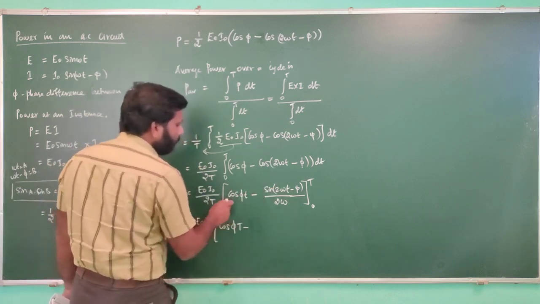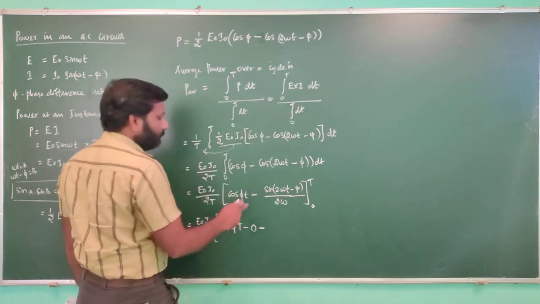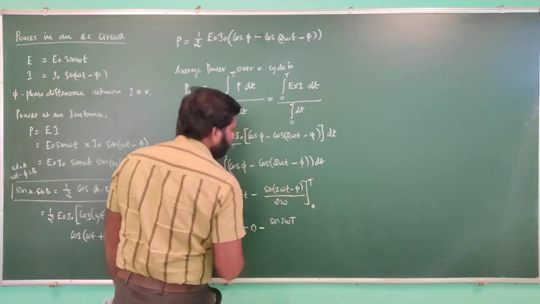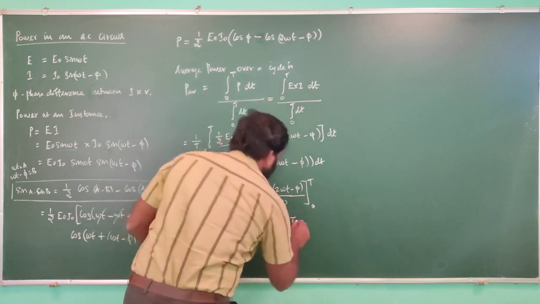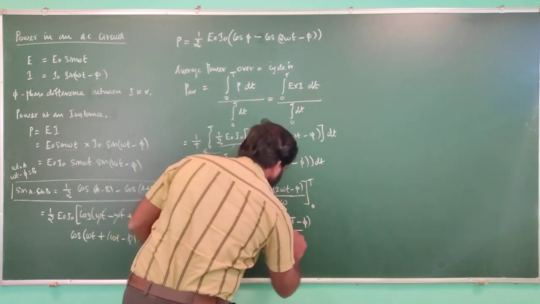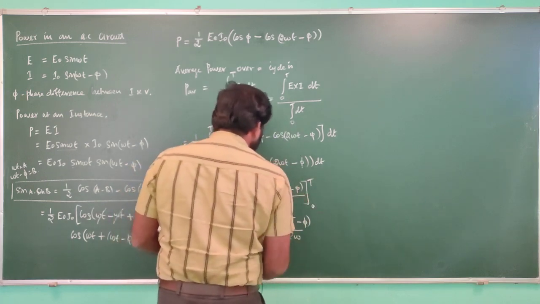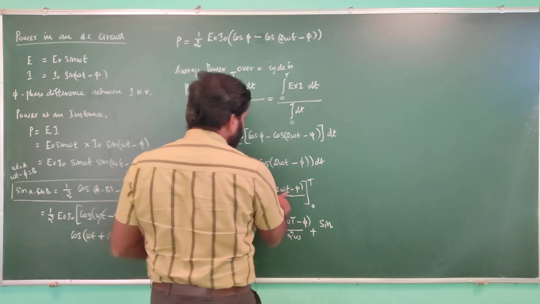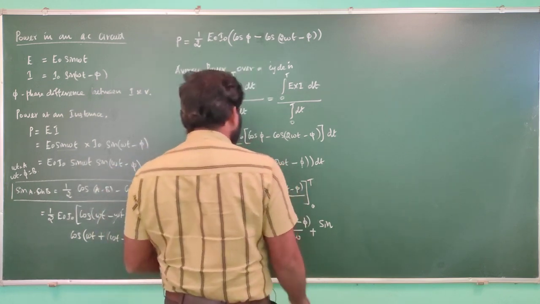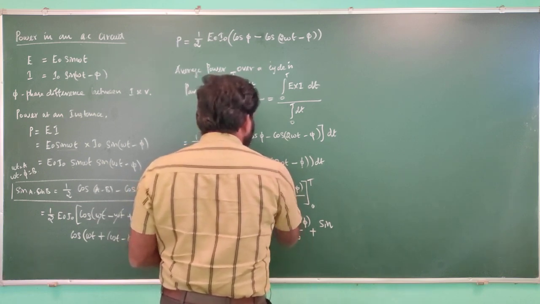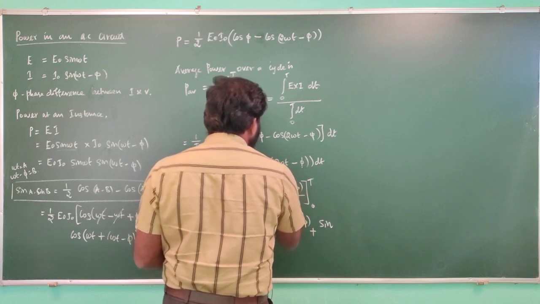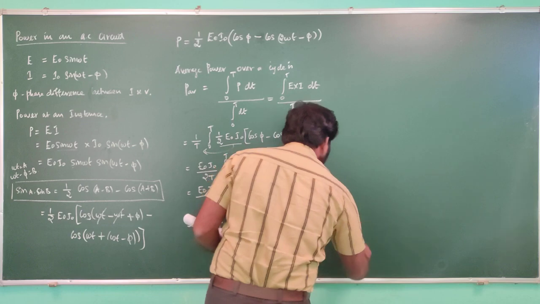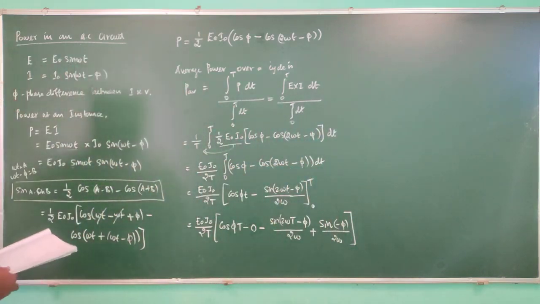In the next term, cos pi multiplied by 0, anything multiplied by 0 is 0, minus sin 2 omega, in the place of small t we have to apply capital T, minus pi by 2 omega, and then we have to apply another minus, so minus becomes plus, so that it is plus sin, here in the place of t we have to put 0, so 2 omega times 0 becomes 0, so what remains is sin of minus pi by 2 omega, and this is the expression after applying the limits.